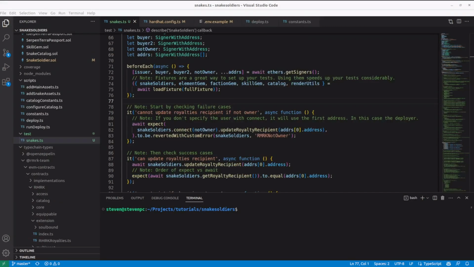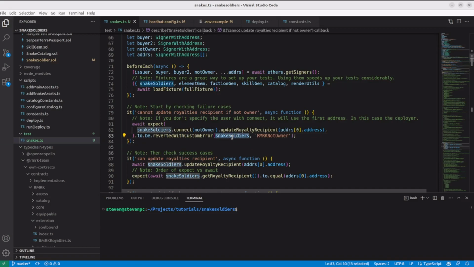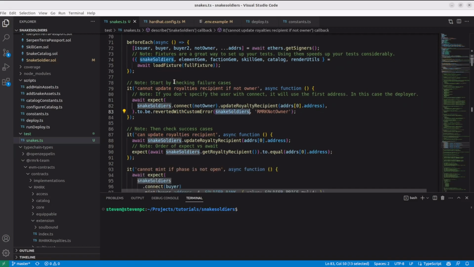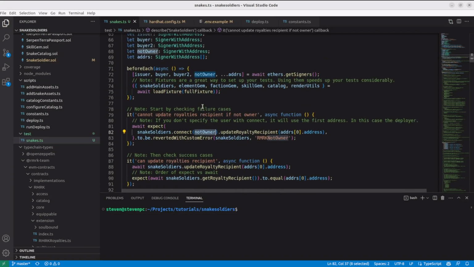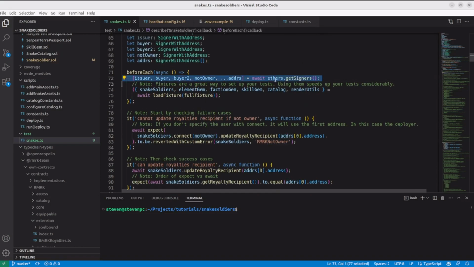I usually start with the failing tests. Typically, you will check many conditions, so it's common that most tests check what cases revert. Make sure when you expect a revert, you check the expected error. When using custom errors, you need to define the contract raising the error, which may be different to the one you're calling if it does external calls. I'm leaving notes throughout the test so you can more easily check the details later. The thing to note here is that we can connect as other users. By default, it will use the first available address, which is usually the deployer. We get them all here using ethers.getSigners.